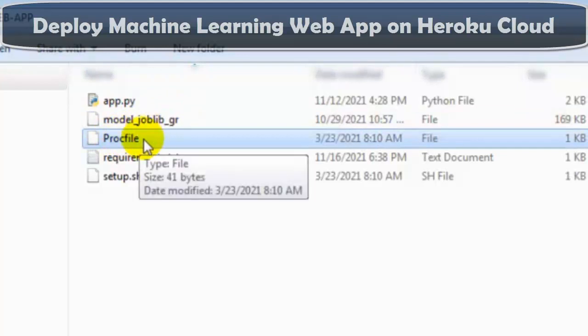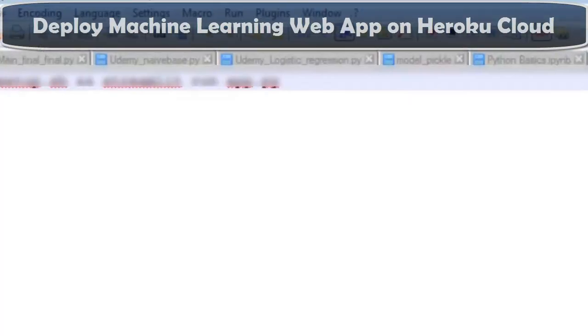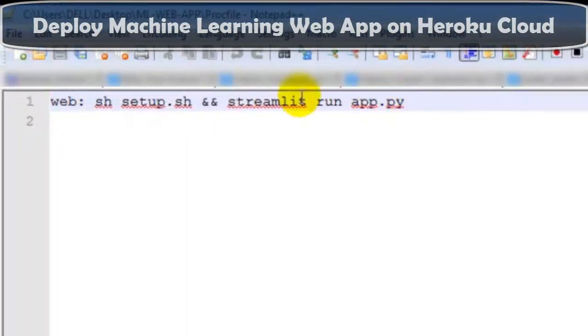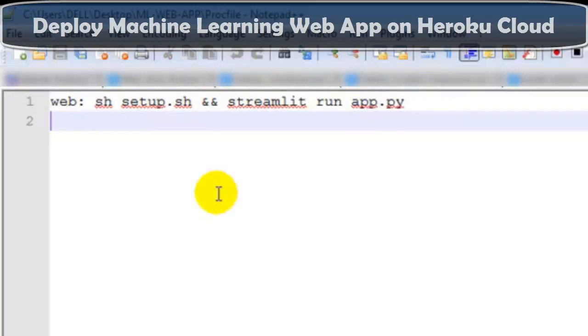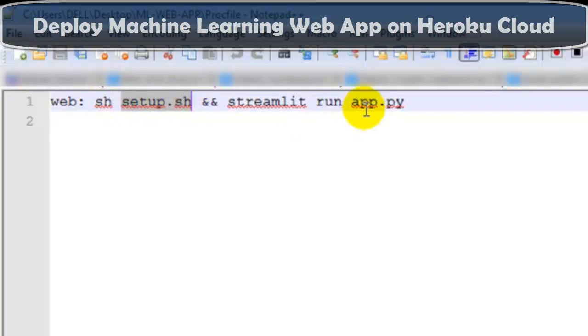The third file is the Procfile, which contains the commands to run setup.sh and to run our app.py: sh setup.sh and streamlit run app.py. So using this Procfile, Heroku can run our setup.sh file and our code file, app.py.